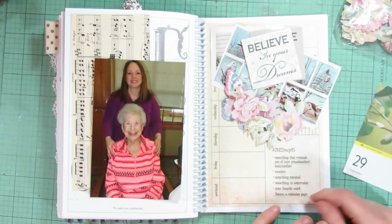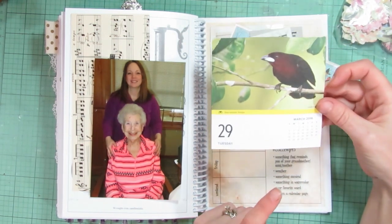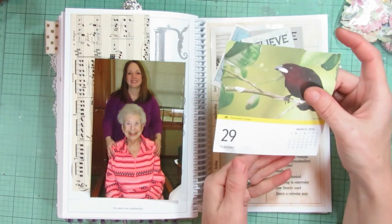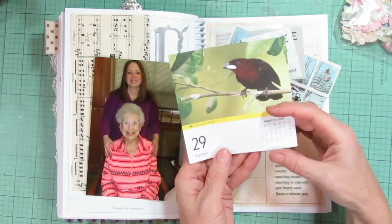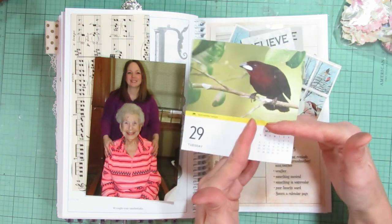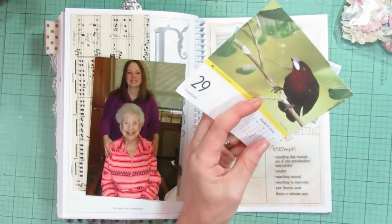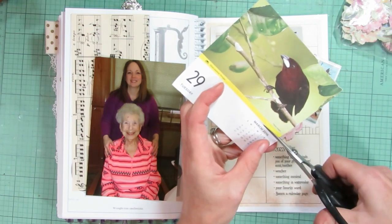And then the last one was a calendar page. I have a bunch of these calendar pages. They were those daily calendars, and these are from way back in 2016, but I saved a lot of them because they had birds on them. What I'm thinking is I can just cut out this little part right here from a calendar page. I'm just thinking that'll work. It's March of 2016, so I'll probably do that for this one. I don't really care for the bird on this one, but...